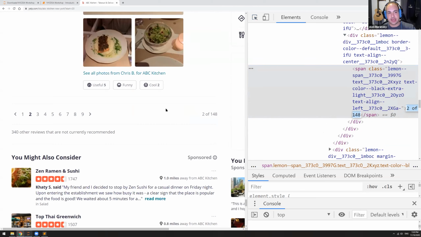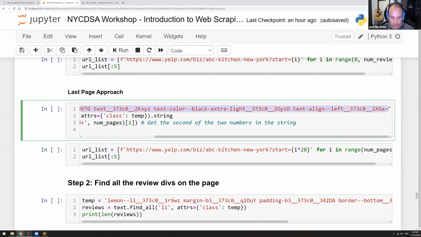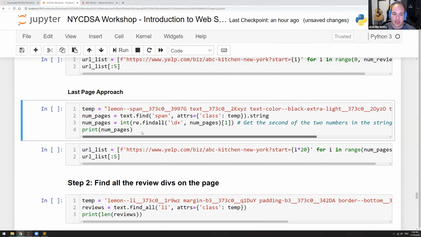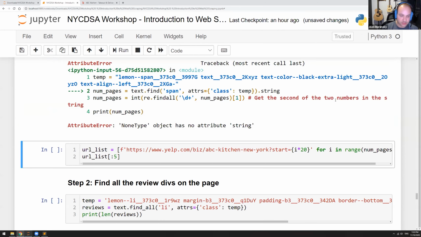Now, this is on the second page, and we're actually going to be looking at the first page, but just trust me, it's the same tag here. So I'm going to copy this part here, so I have this class attribute, and then I'm going to paste that in the string here, which should be the same string, which it is. And then I'm going to say from my text source code, my text BeautifulSoup object, I want to find the span tag where the class attribute is equal to this long string. And then from that, I want to extract the value, right? And so if we do that,